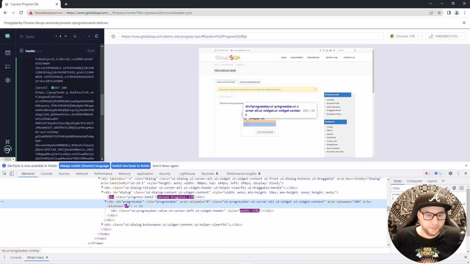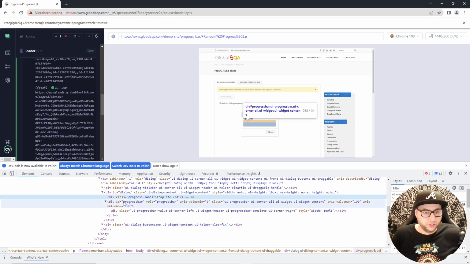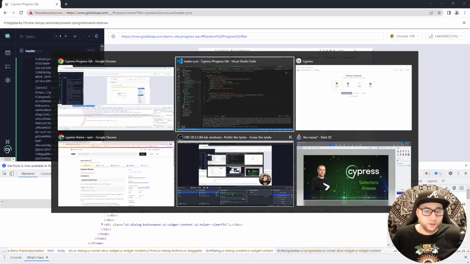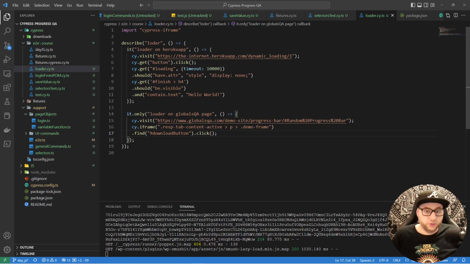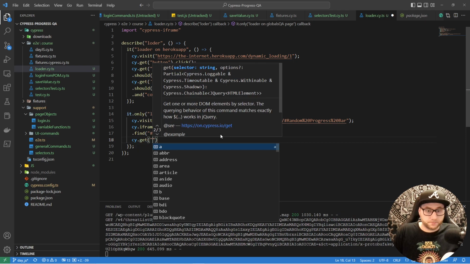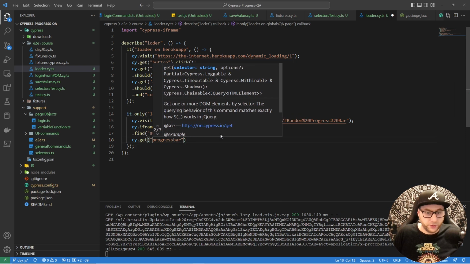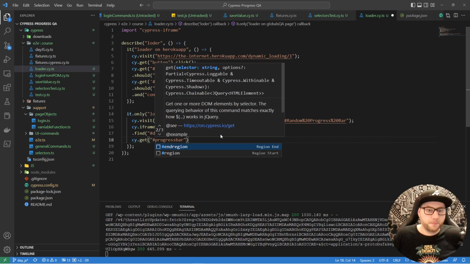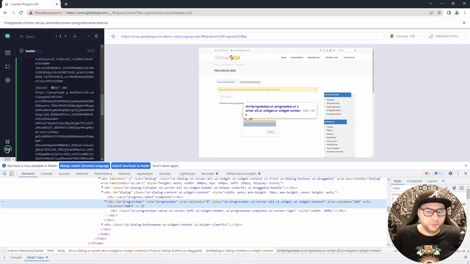Let's check aria-valuenow 56 etc. So we can use the same assertion like in the Heroku app. So we can find, okay, cy.get, find this progress bar, id progress bar,